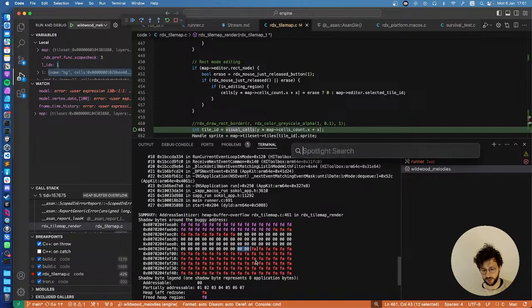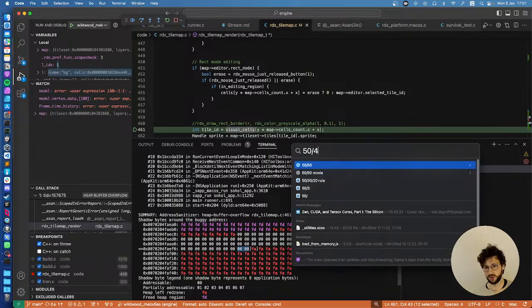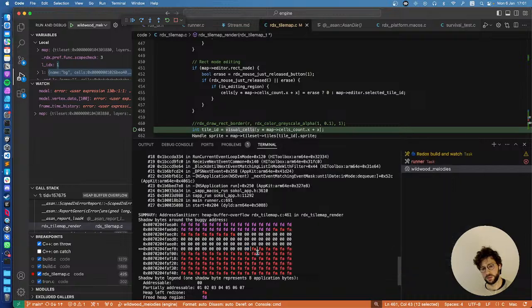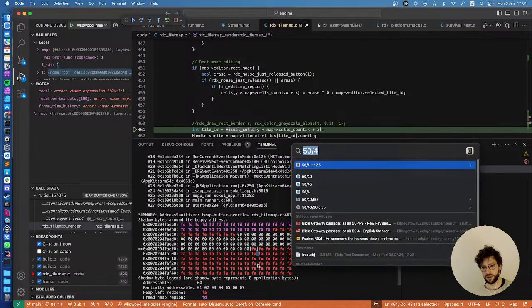So 50 bytes divided by 4 because each int is 4. That's way too small. I would expect